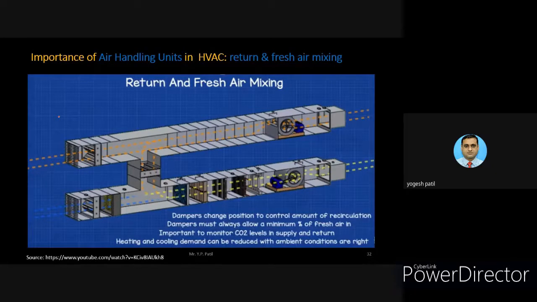In this way, another arrangement is also there. Sometimes the return air can be reused by mixing it with the fresh air. This is not about temperature exchange, but here the mixing is possible with the help of some additional arrangement in the AHU. This is just like a damper, and sometimes this damper can be controlled so that the return air can be mixed with the inlet air.